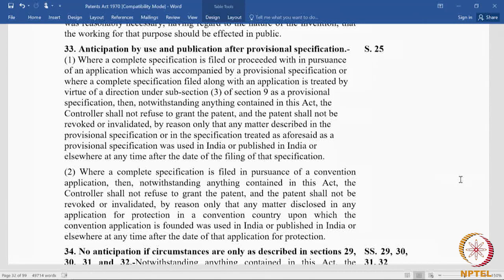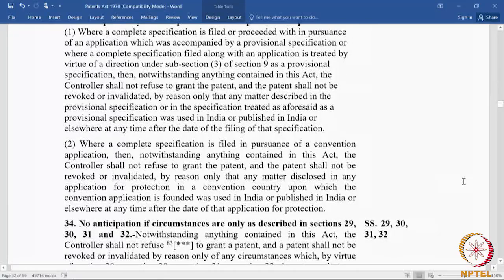33(2), where the complete specification is filed in pursuance of a convention application, then notwithstanding anything contained in this Act, the controller shall not refuse to grant a patent, and the patent shall not be revoked or invalidated. So, not only will the controller not refuse, there cannot be any proceedings before the High Court or the IPAB by reason only that the matter disclosed in any application for protection in a convention country upon which the convention application is founded was used in India or published in India or elsewhere at any time after the date of